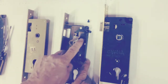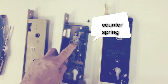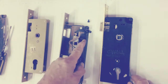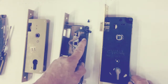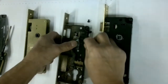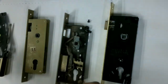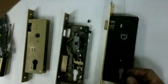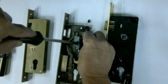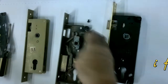That is a very strong spring there, and it's really difficult for me to align once it has sprung out of this area here, because the spring is very strong. See that? It's too difficult for me to keep it steady in this area. I have to hold it with a screwdriver and then put the spring back. But I had